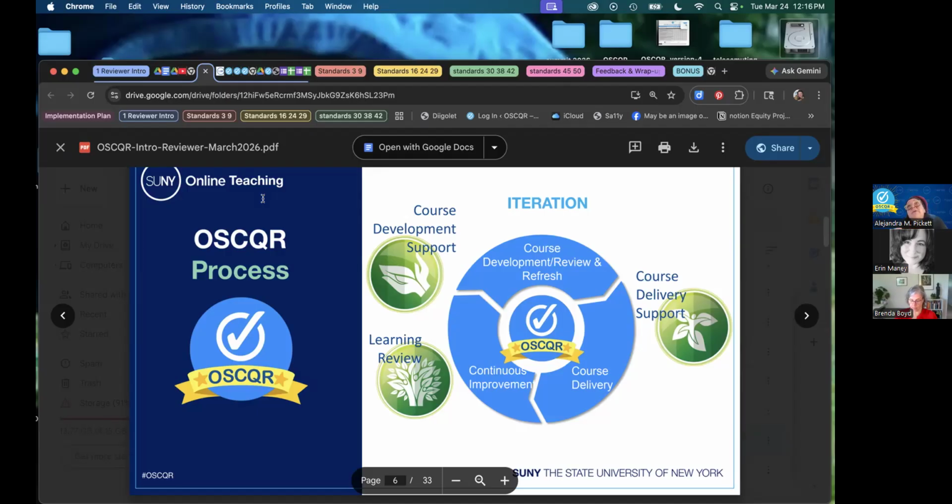So really, the instructional designer who's looking at the course or the peer reviewer are looking at a course from a particular set of categories of standards and then individual standards to determine how present those things are in the course, and then those things that they identify that need some improvement, along with the suggestions to make those improvements, create the action plan. And the action plan is intended to help the instructor and the instructional designers or reviewers prioritize things to improve in the course.